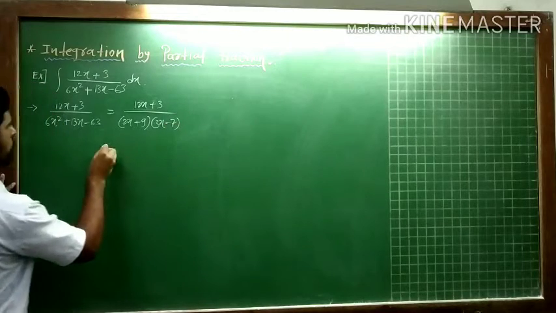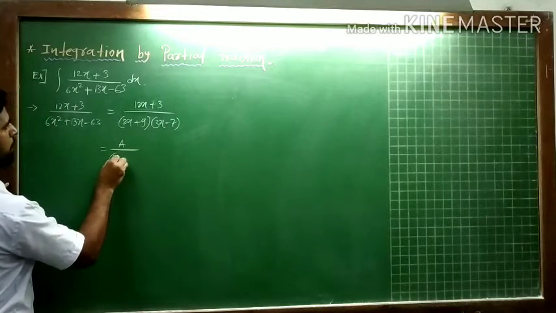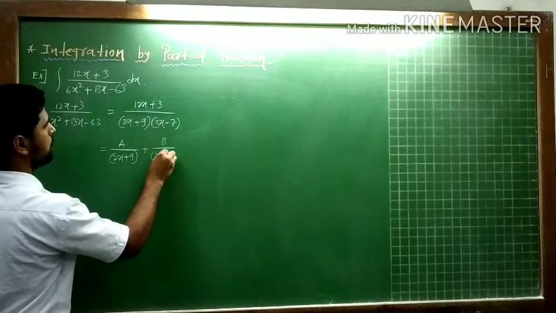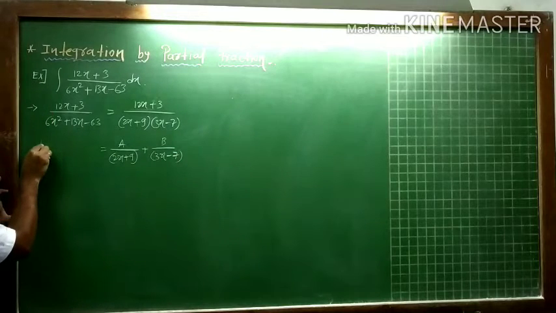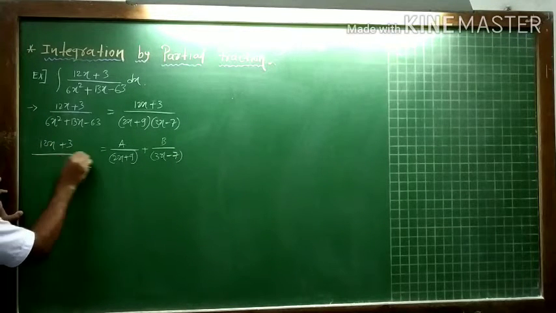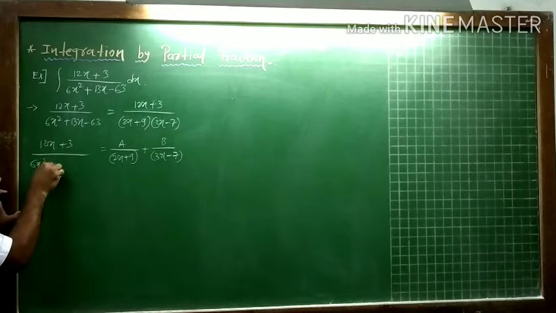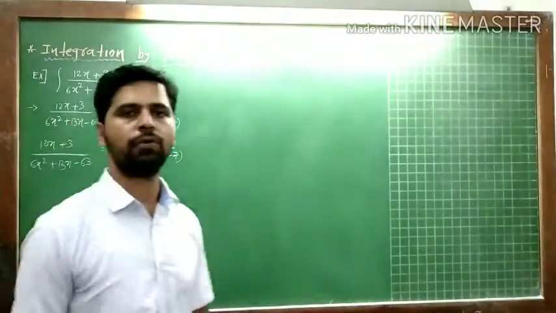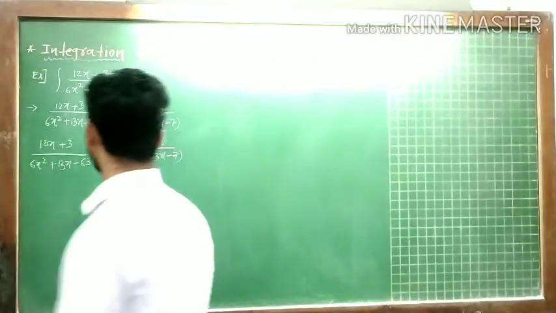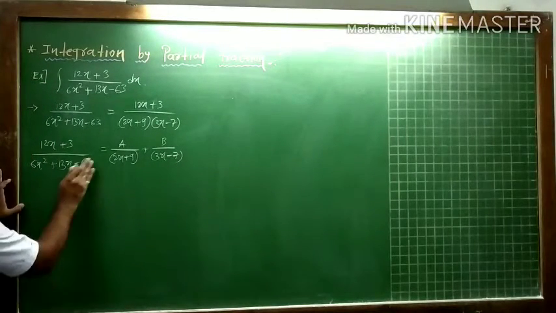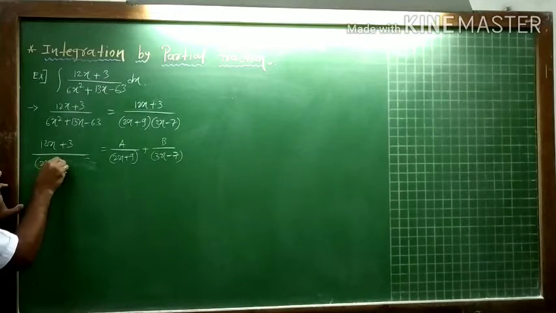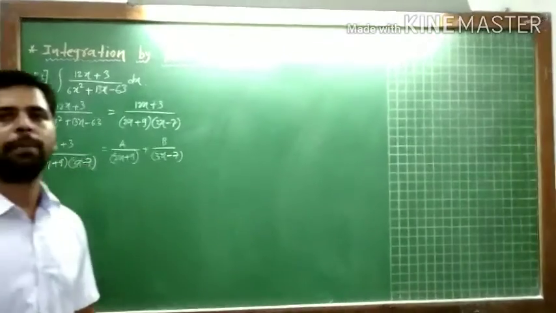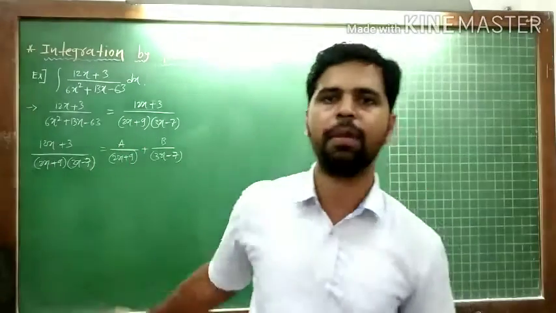These are the two factors. So the partial fractions are A upon (2x + 9) plus B upon (3x − 7), equal to (12x + 3) divided by (6x² + 13x − 63). This is how we convert it into fraction form, or if you want, you can directly write these two factors in the denominator, 2x + 9 and 3x − 7. Now our main target is to find the values of A and B by simplifying the right side.